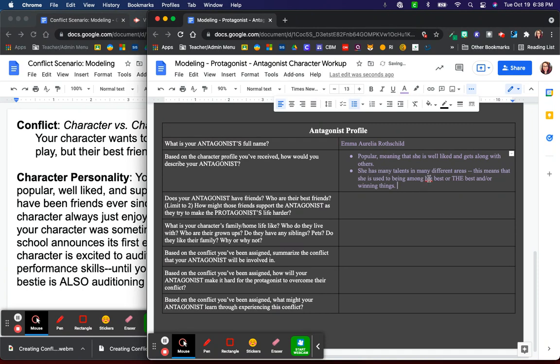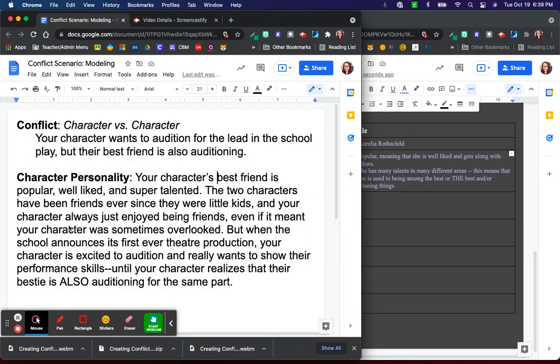which I think is going to be important because when you think about the conflict between the two characters, if you have the one character who's dominant like Emma and you have the other character who's a little bit more shy like Isadora, that's going to create some different types of friction. So maybe Emma is used to winning. She's used to being popular. She's used to coming out on top. And she's also, if we look at this description,